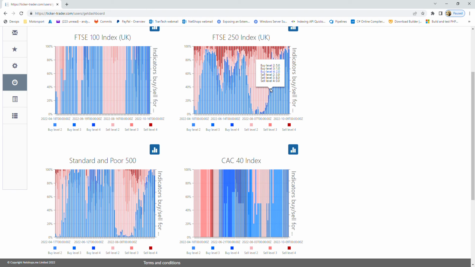And the algorithm is saying, right, the sell-off has reached a point where it's detecting buy opportunities, until we get to this point here where on one day it didn't detect any sell opportunities at all in the entire FTSE 250, and consistently over this period, it was over 90% the number of buy opportunities. So the algorithm is saying